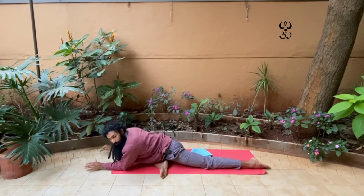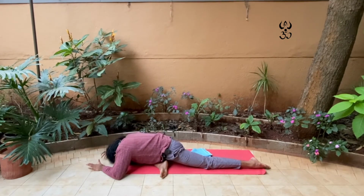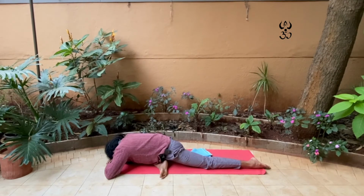If you can come to your forearms, that's amazing. If you can come all the way down, forehead on the mat, that's also great. You can place your forehead at the back of the hands as well. Keeping your hips square. Breathing here for the last 3 breaths. 3, 2,